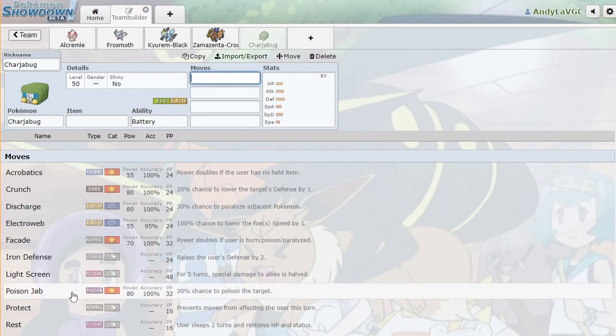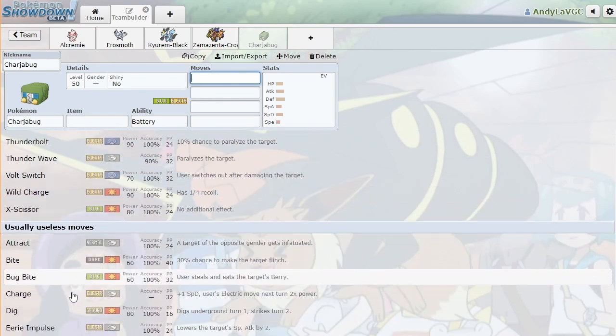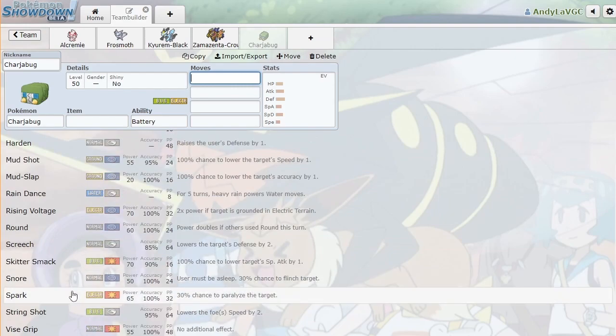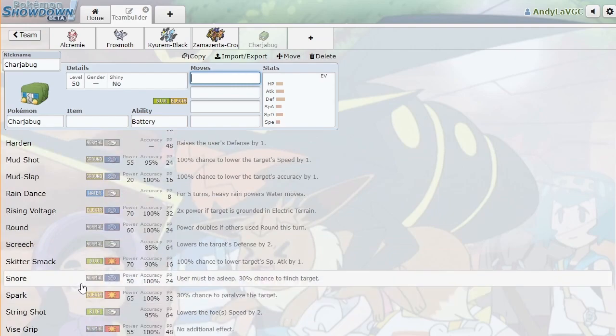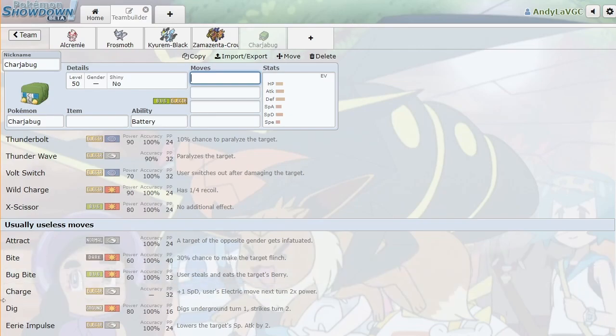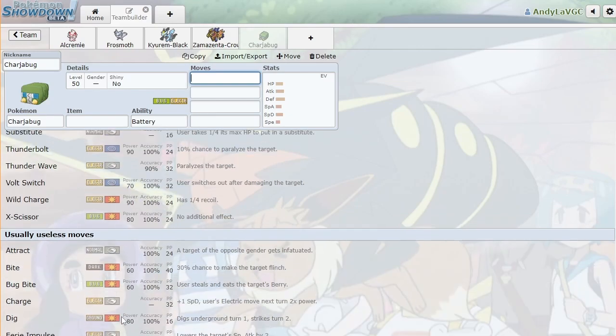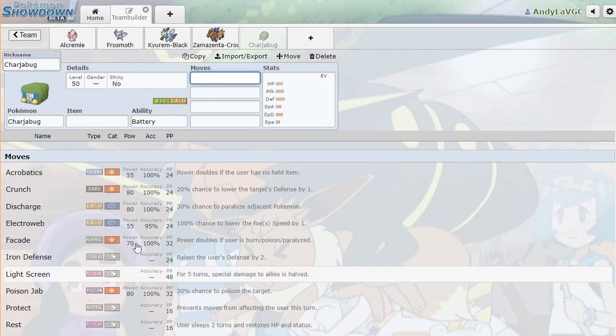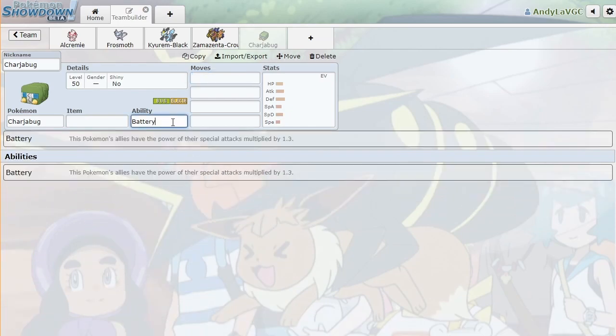Charger Bug has so many good support moves. It's got String Shot. Does it get Struggle Bug? It does not get Struggle Bug. It should get Struggle Bug. Give it Struggle Bug. Why not? It does get Skitter Smack though, which is pretty good. String Shot's a really good move. You get Eerie Impulse, which is really, really neat. I would like for it to get Recovery, but mainly I think they should buff Battery